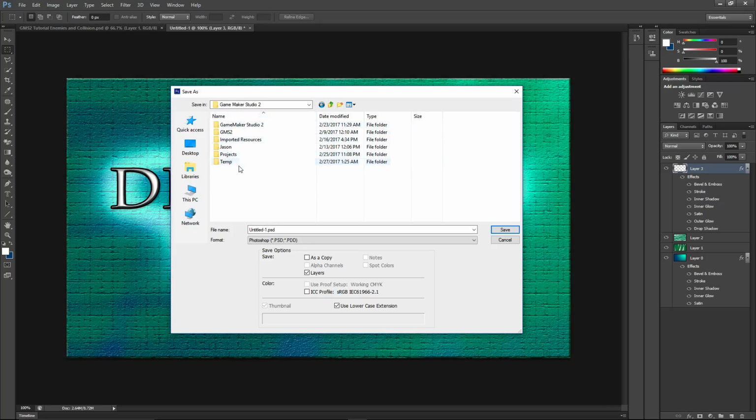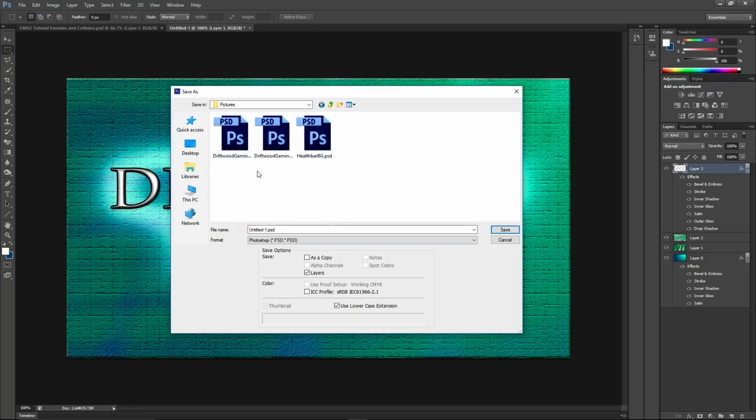So instead of going into your project and adding the file from there, we need to import that file from the engine itself. So create another folder inside your first folder, so you go to your GameMaker Studio 2 folder, but not your projects. Create a different one. I just called it imported resources, and I've made some other resources there. So I'm going to save this as